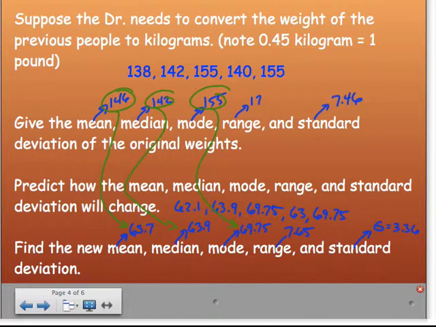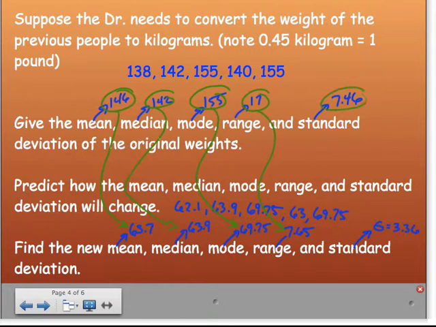Now, unlike when I added a constant, remember when I added a constant, the range and standard deviation, the measures of dispersion, stayed the same. In this case, it doesn't look like they are obviously the same. So I want to see, does the range and standard deviation do the same thing? Do they actually reduce by the same factor? So I'm going to take 17, the original range, and multiply it by 0.45. Sure enough, I get 7.65, exactly what the new range is. And then finally the 7.46, the standard deviation of the original data, if I multiply that by 0.45, I get,